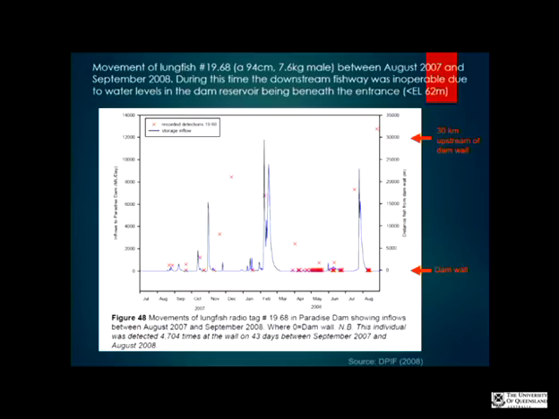So what happened is, what you can see here is the fish come up to the dam wall, they turn around, they go back again. They come up to the dam wall, they turn around, they go back again. And they were showing that this was happening. So they were moving 30 kilometres upstream, coming back up to the dam wall again, moving back up and doing that over and over again, still looking for ways to get through the dam.